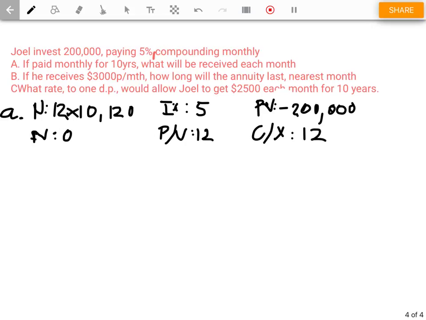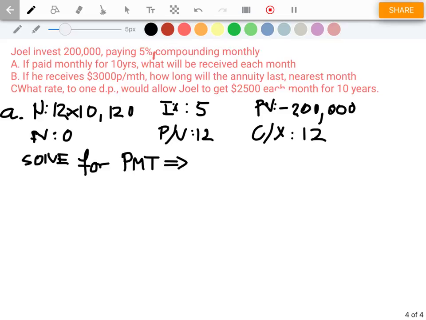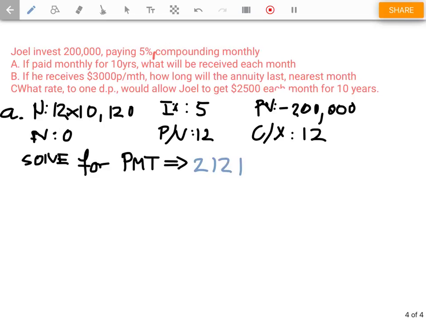Okay, and once you've got that, solve for PMT. And you get an answer of $2,121.3103. So let's make it finance, so we go to two decimal places, sorry. So he can get that much a month for 10 years. Part B